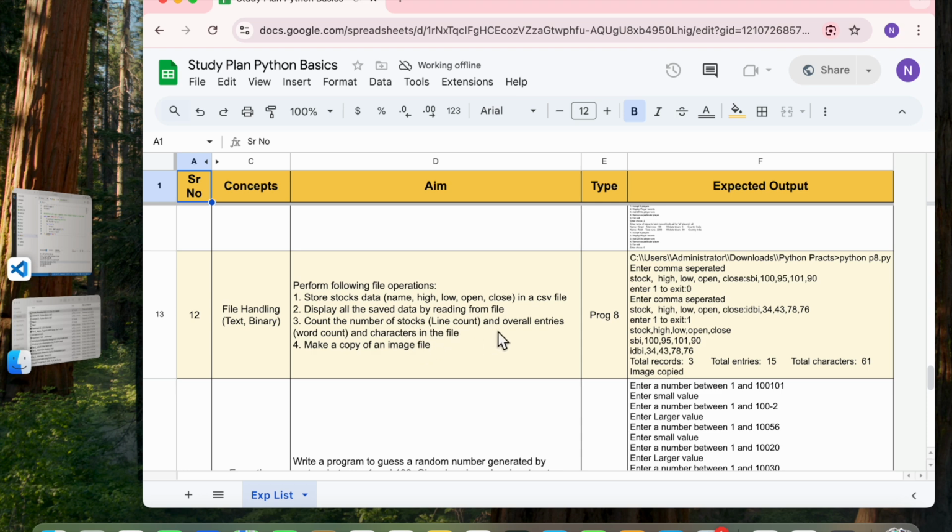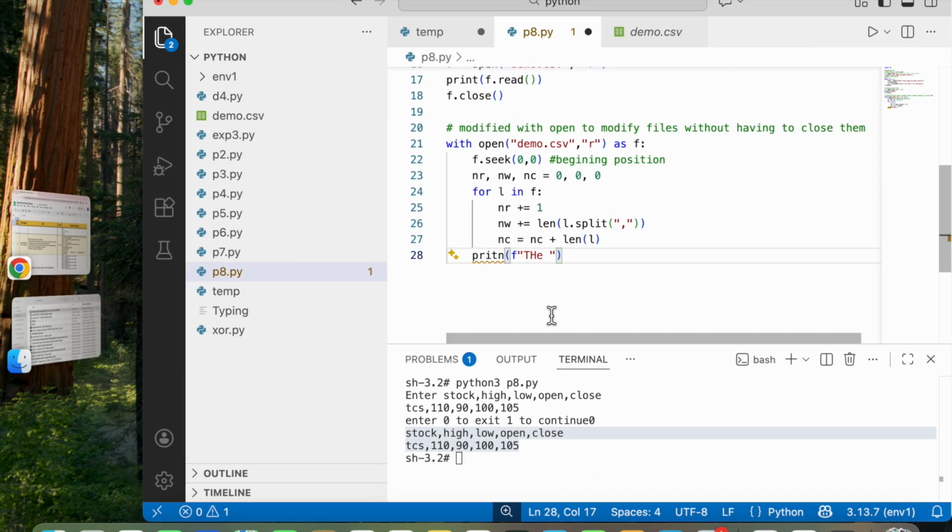The stocks, entries and characters. Okay, the stocks, entries and